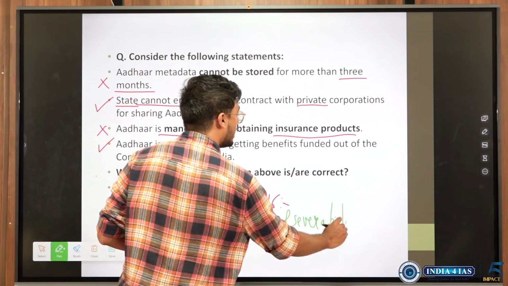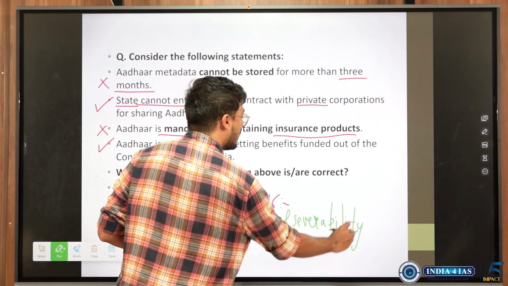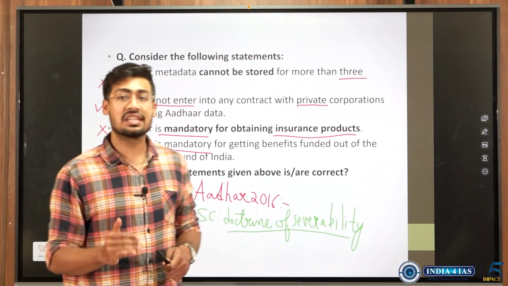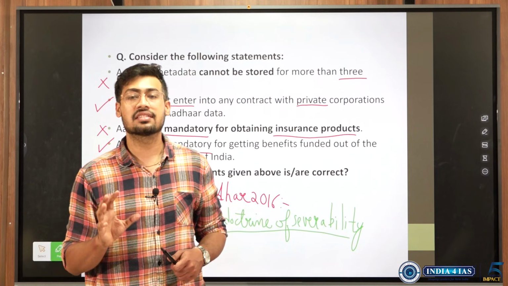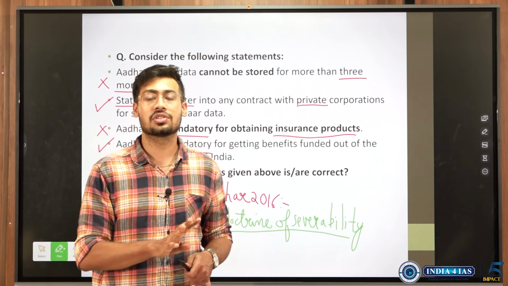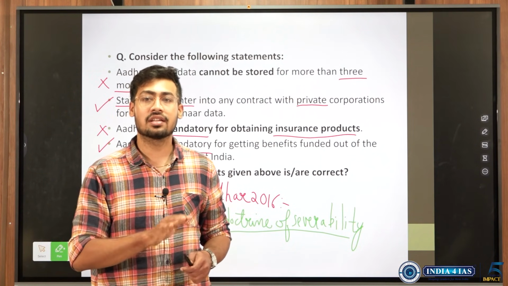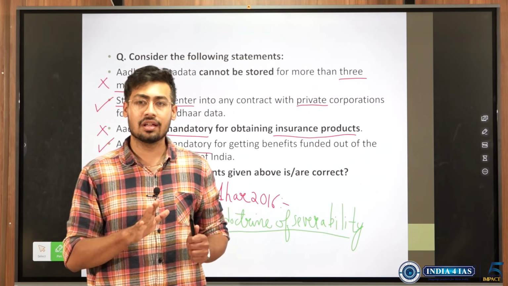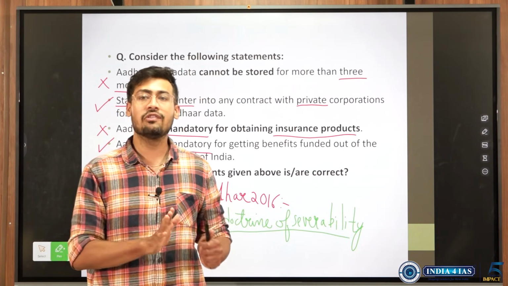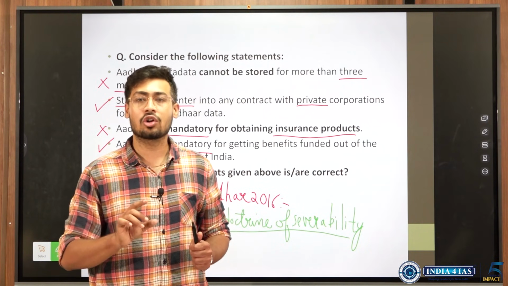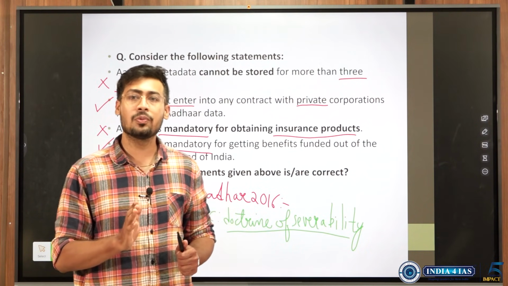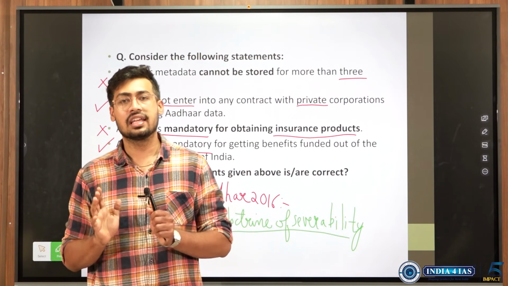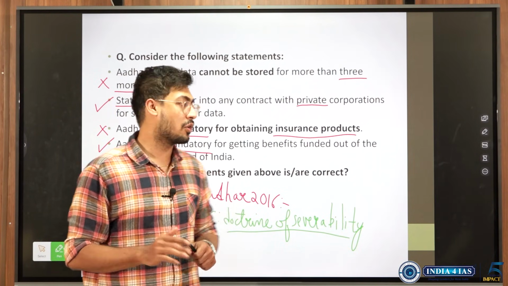See, what does the doctrine of severability mean? For example, it had been applied on Aadhaar Act. There were certain provisions in the Aadhaar Act which it considered as constitutional and certain provisions which went against the constitution. So the provisions which went against, Supreme Court removed those provisions and kept only those provisions which were in sync with the constitution to be valid. The doctrine of severability is also called the doctrine of separation. So Supreme Court will take up a law, certain provisions which are against, it will remove and it will keep up the remaining provisions.